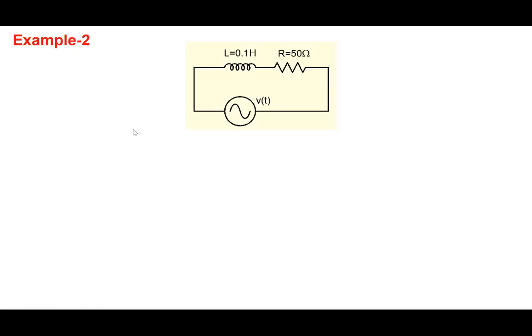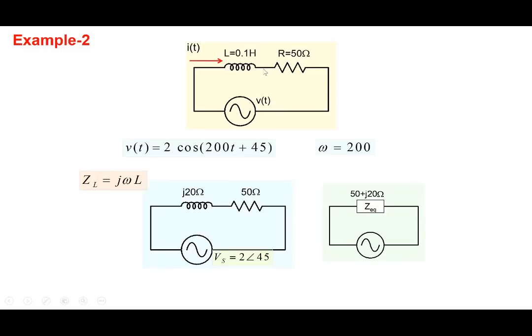All right, so let's look at another example with two elements here. We have this inductor and a resistor, and we are given this voltage again, 200t plus 45. So omega is 200, and the inductor impedance then is j omega L, right? So we get a phasor circuit. From an original circuit, determine a phasor circuit. So the phasor circuit is: replace the source by 2 angle 45, replace the inductor by an impedance J20, and the resistor stays